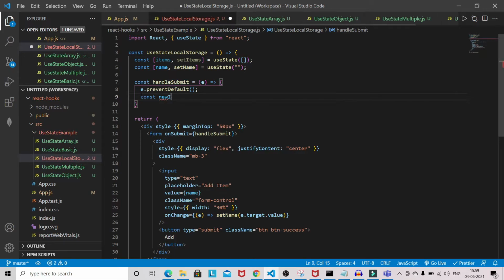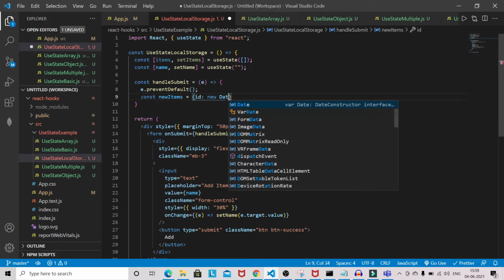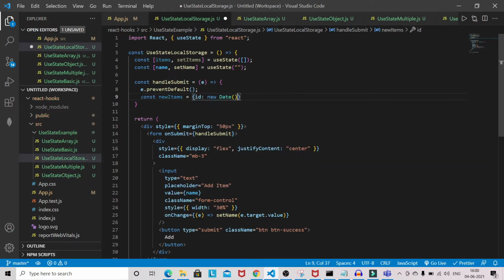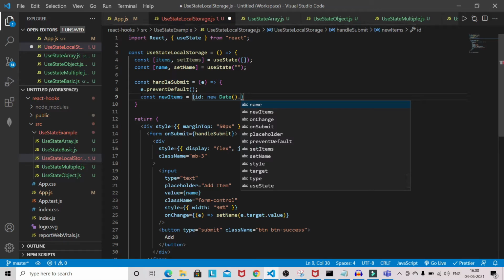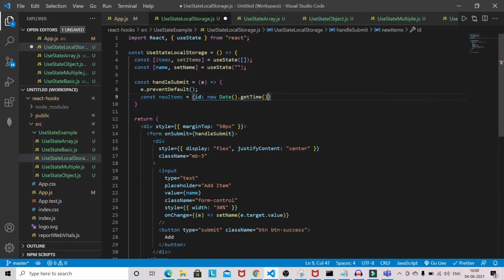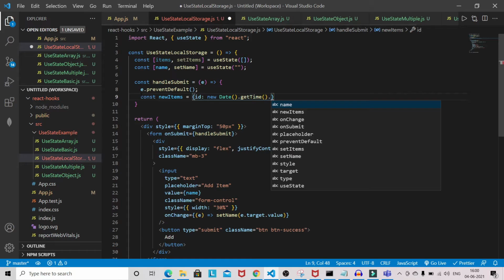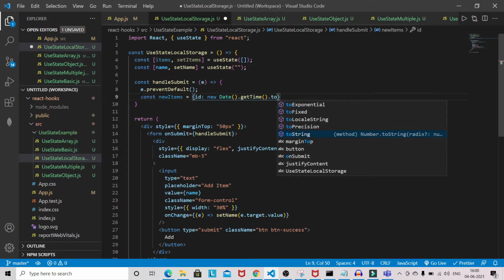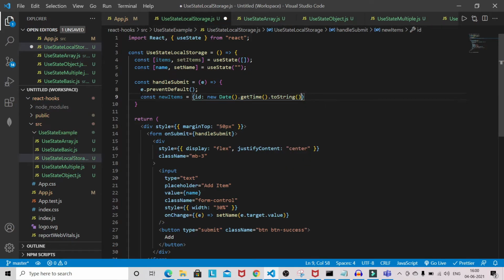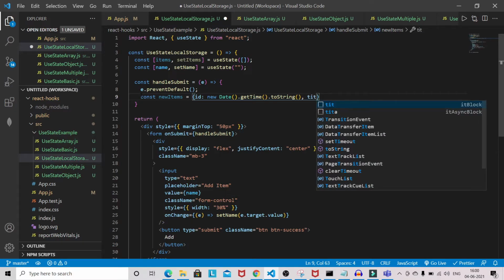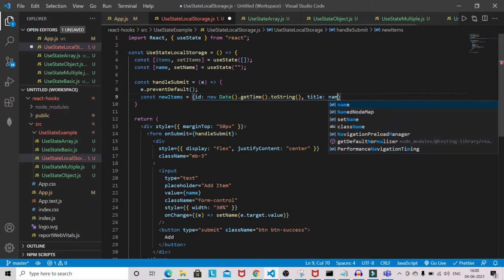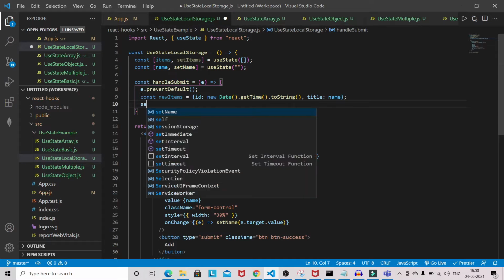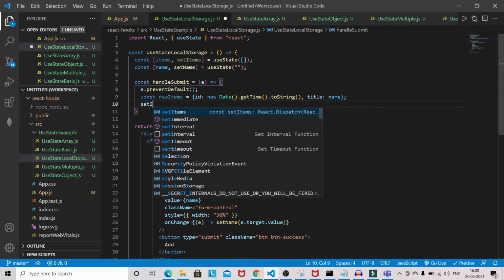So const newItem, I will generate a random ID, and these are all built-in JavaScript methods, so you don't have to worry about that one. toString, and the title will be name, and basically I will set the items.